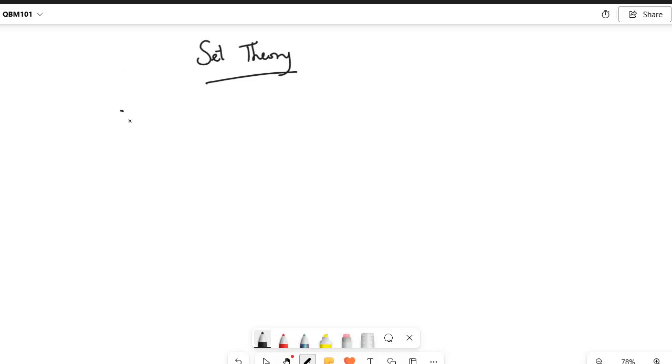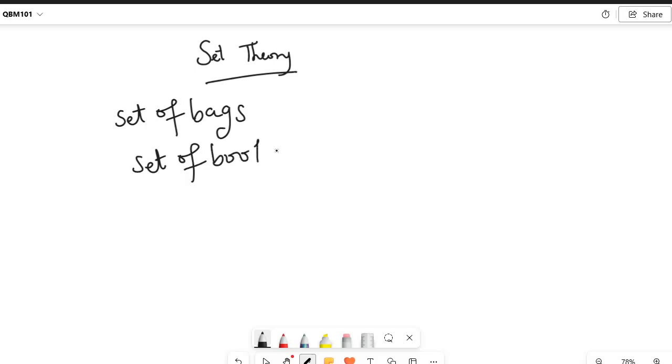All right. So if I have a set, I would say a set of bags. You have bags put together in a particular place. All right. A set of books. So it just simply talks about the collection of items. That's what we understand by set. So if I say a set of books, it could be academic books, financial books. All of this means that we are collecting types of books together and putting them in a certain column,